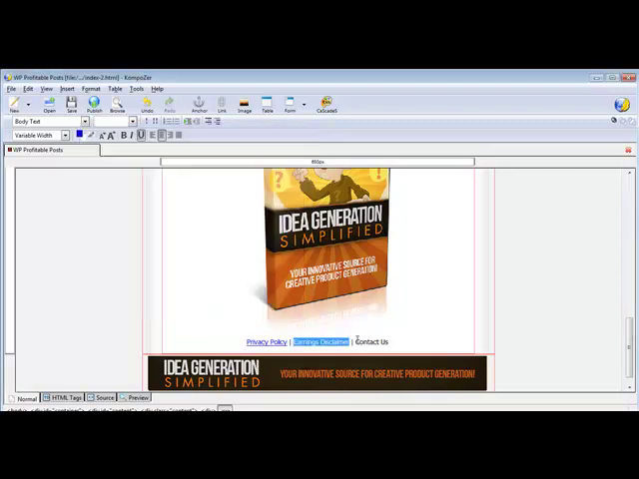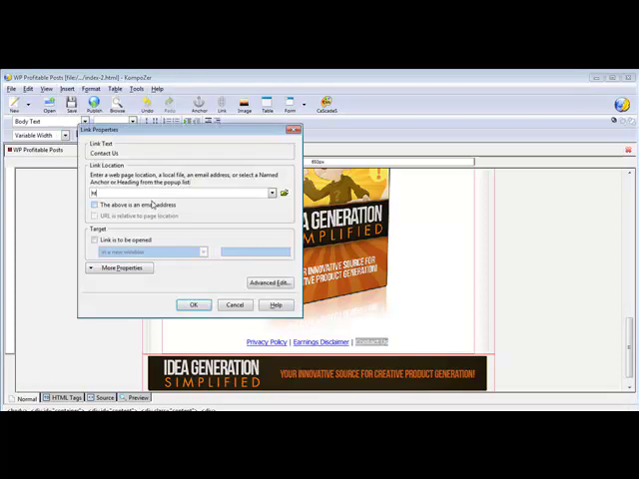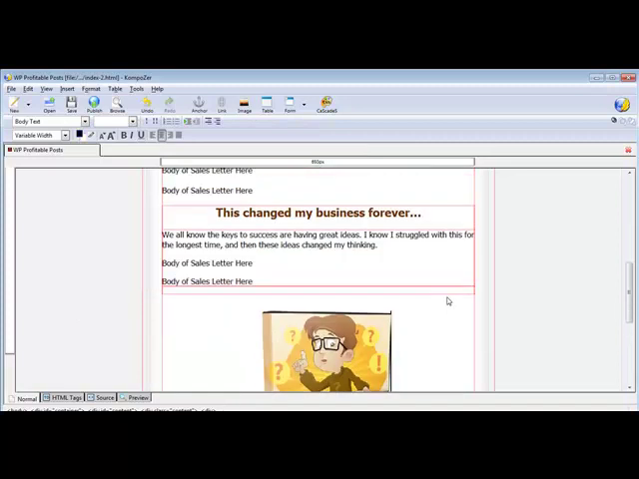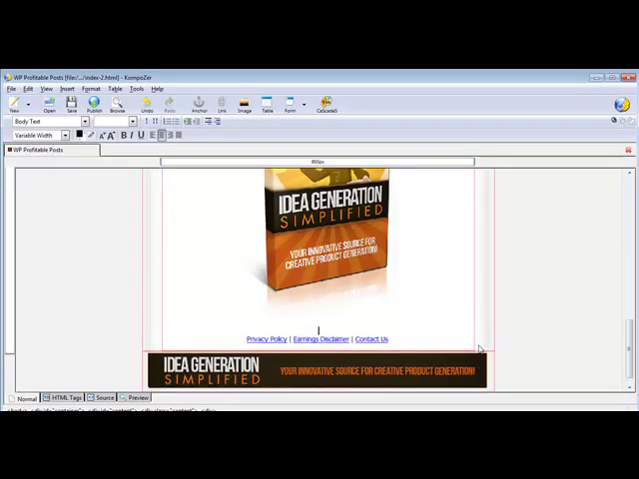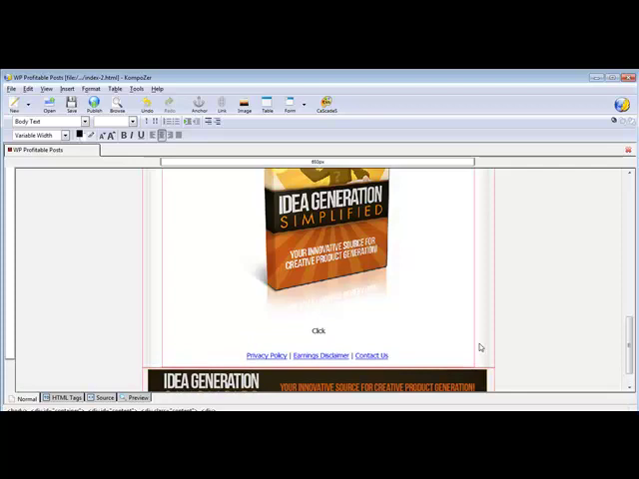And then contact us, highlight, insert link, and then contact us. Or like support. And the link is to be open in a new window so they do not leave your sales page. And then of course you've got your add to cart button. And you don't even have to have an add to cart button. You could just type in the text add to cart, or buy now,